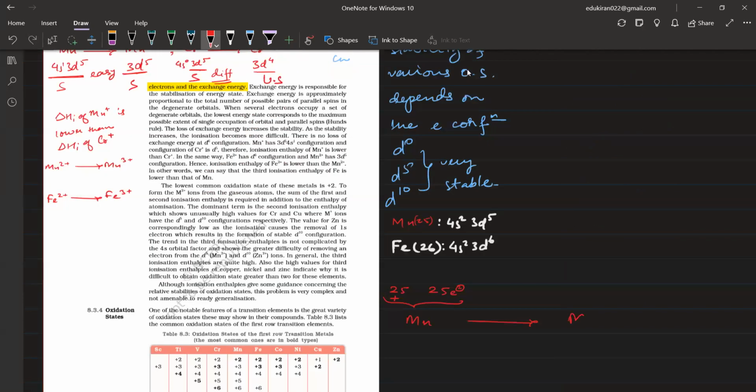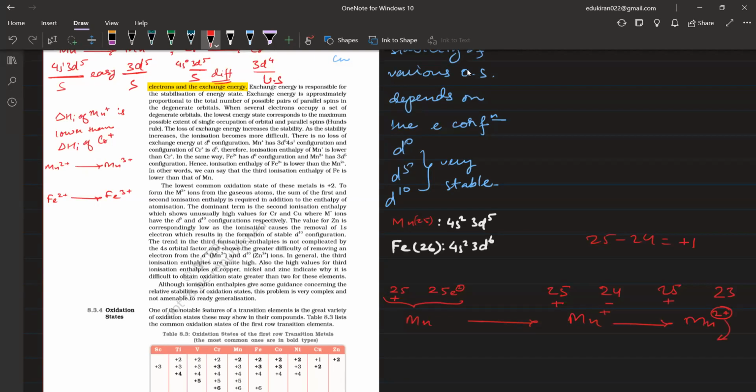If I have removed one electron, yes or no? Yes, sir. So we have 25 positive charge and 24 negative charge. What will it become? 25 minus 24 is equal to what? Plus 1. Correct? Similarly, if I remove another electron in manganese, I will have 25 positive charge as it is. Proton, we are not touching the proton, we are only removing the electron. The number of electrons is 23. So this will have what charge? Tell me. +2. So when you have +2 charge,